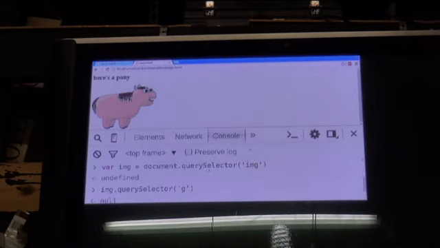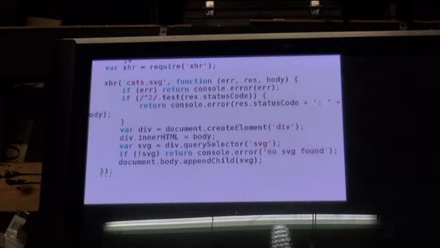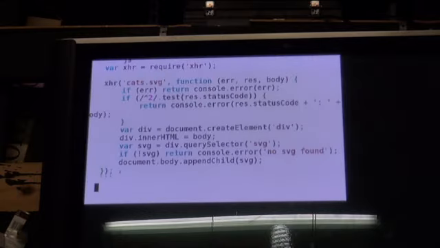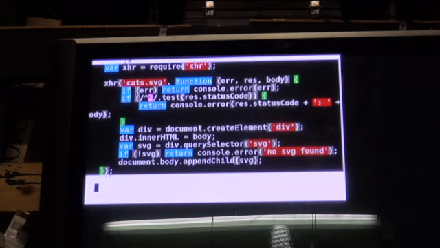We've got to use XHR, which you might remember from our DOM talk. So with XHR, we can actually load the text content of an SVG and then render it. So we could do this, right? We could use the XHR module to load pony.svg. So I'll just show you how you might do that. If you copy paste this code, with a bunch of ugly document.createElement garbage,